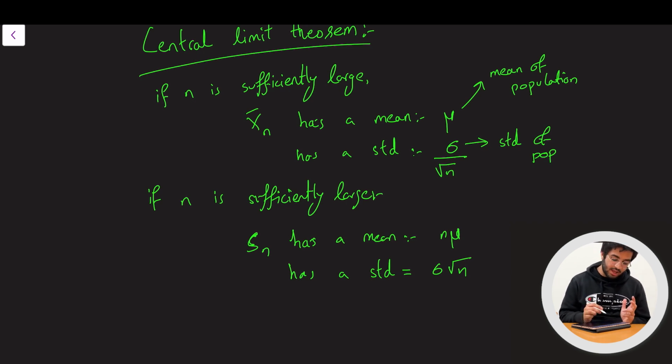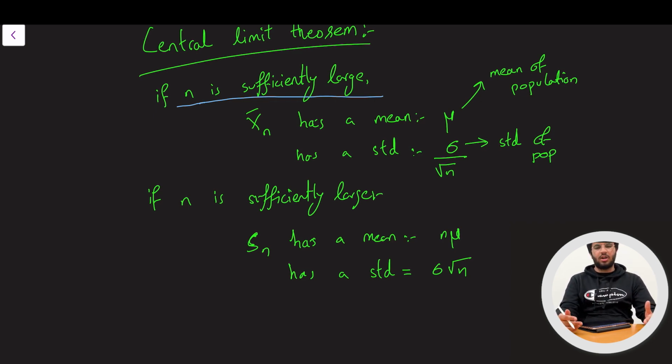But you might be having this question, what does it mean for n to be sufficiently large? If you have looked at this course before or looked at some textbooks, you would see that it says if n is greater than or equal to 30 or 10, something like that. That is incorrect, okay? That is completely wrong. You cannot say what n should be to be big enough. You cannot tell that unless you know stuff about the population itself. And most of the time, you don't.